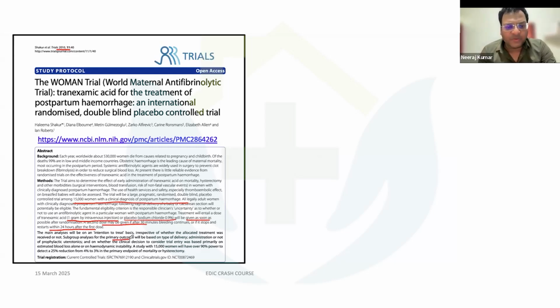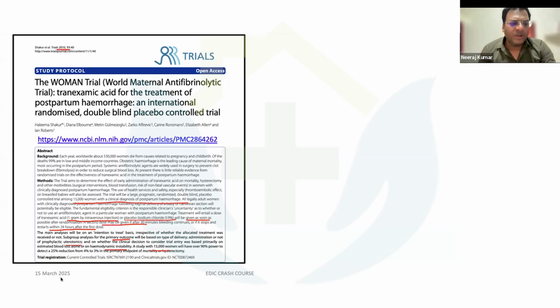Okay, so here I think they have done a subgroup analysis for the primary outcome, which is based on the type of delivery, whether prophylactic uterotonics were administered or not, and then the decision to consider trial entry was based primarily on the estimated blood loss and on maternal hemodynamic stability. So it studied about 15,000 women with over 90% power to detect a 25% reduction from 4 to 3%